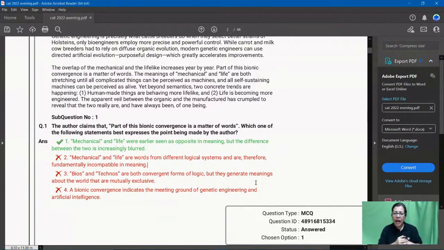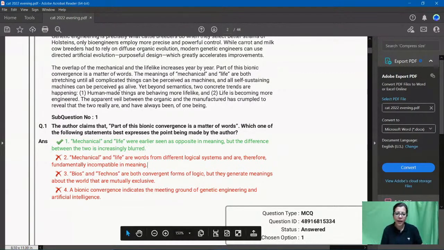Last paragraph. How do I remember that this is there in the last paragraph? Because when I was doing my mini organized reading, I checked the first para and the last para. I just skimmed उसमें. And first line of every para हल्का हल्का देख लिया था मैंने. So last para should always echo in your mind. और मेरे दिमाग में ये तब से था कि अच्छा इसमें convergence और ये सब बोला है, meanings of mechanical and life और जो कुछ भी इसने last para में बोला है.